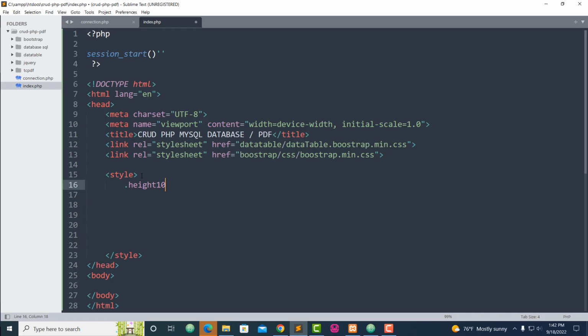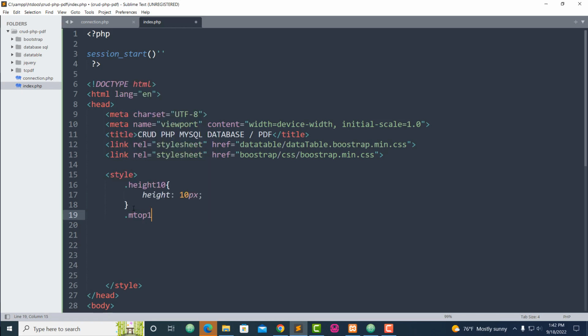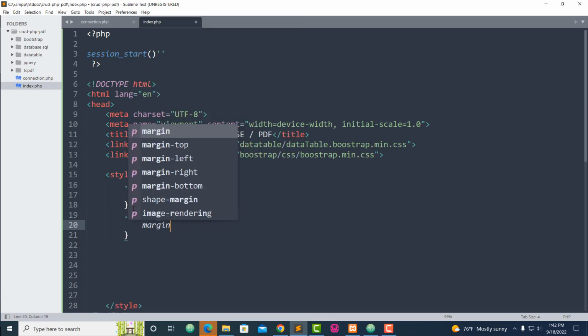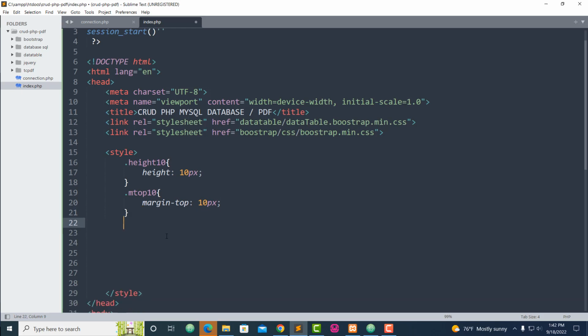I call this one height 10, okay, height 10 pixels. And the second one, margin top 10. Okay, M for margin, and then top 10, call it margin top 10 pixel. Okay,